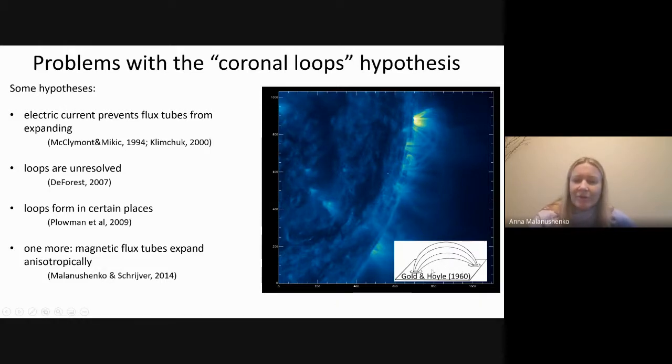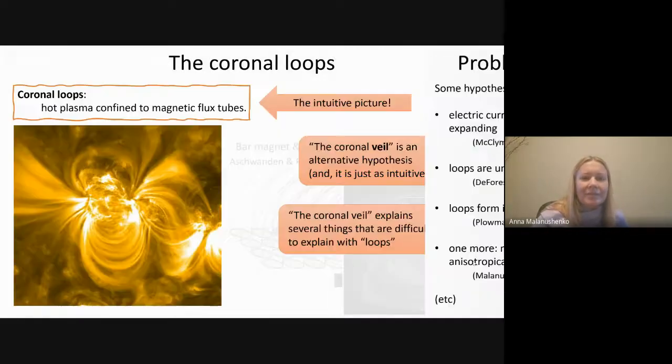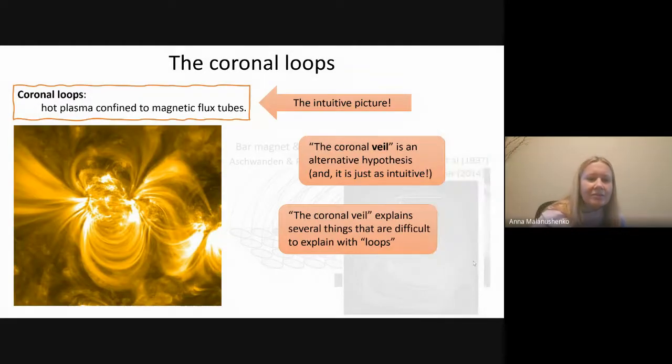In other words, mathematically, the mapping that magnetic field provides between the two foot points is not in general conformal. I mean, if you look at the equations, there's absolutely no reason for it to be conformal. And so on and so forth. There are many hypotheses that explain that. But there is this coronal veil hypothesis that naturally explains all of those and more.